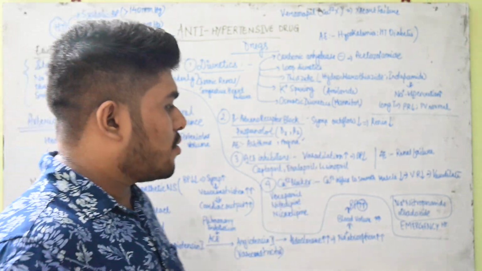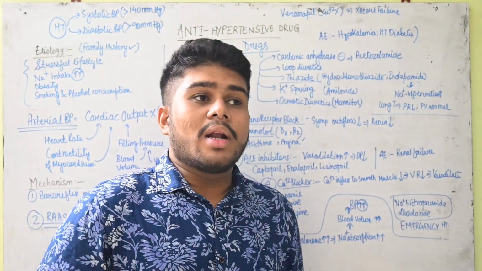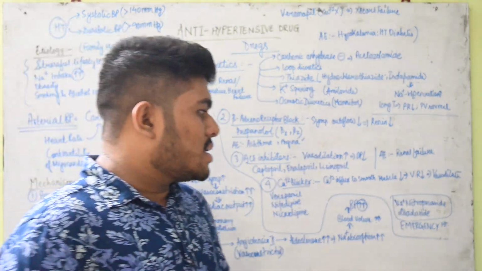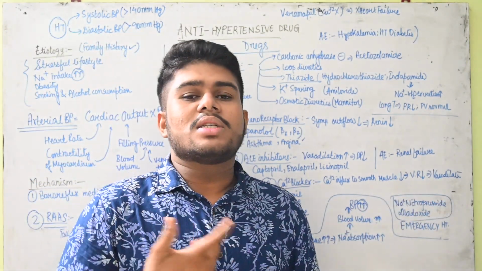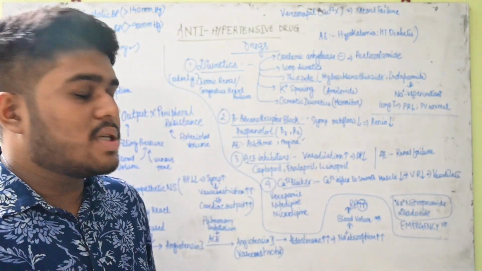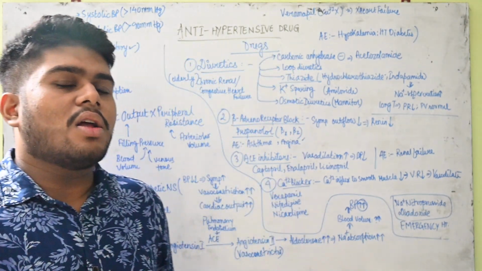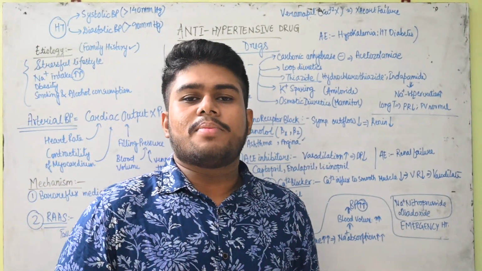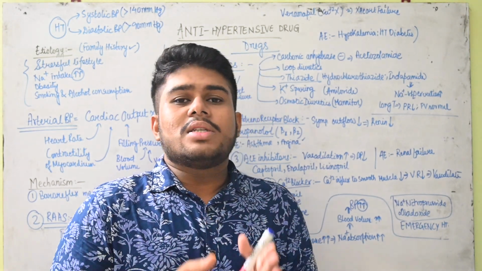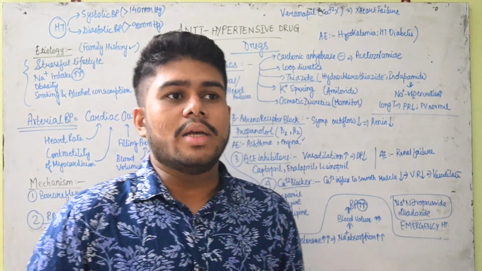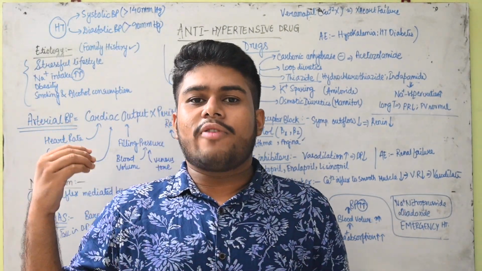One important thing that I want to mention is emergency hypertension, which is very rare but quite fatal. In that case, just remember the names of these two drugs. One is sodium nitroprusside, which is given intravenously in case of emergency, and we have diazoxide, which is also given along with some beta adrenoreceptor blockers in case of emergency. Emergency hypertension has to be treated immediately, or else the hypertension will be so high. So you can understand the effects of hypertension.